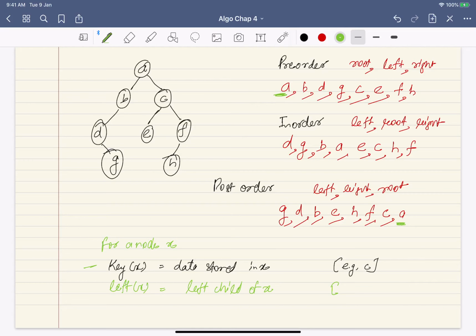In this case C's left child is E, and similarly you need the right child of x. So in this case this is F, and then you need the parent of x, that is the parent of, in this case that would be A.